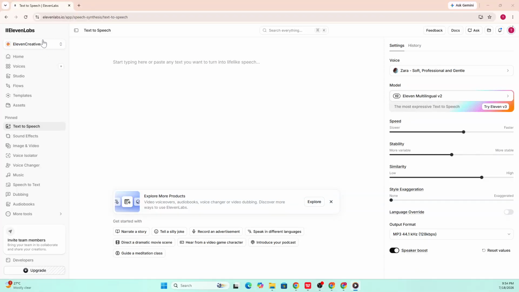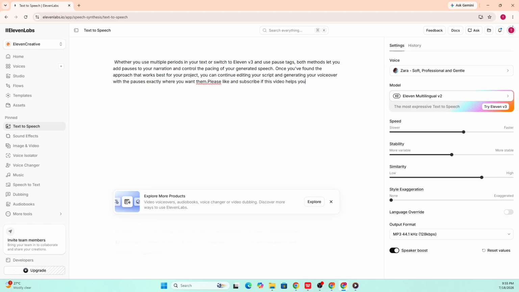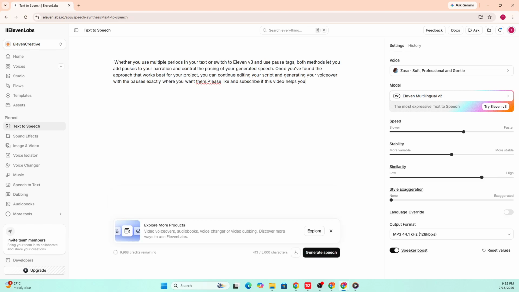In today's video, I will walk you through how to add pauses in ElevenLabs. If you're working on an ElevenLabs voiceover and want it to sound more natural, adding pauses is a simple way to improve the pacing of your audio. In this guide, I'll show you two different methods you can use to add pauses while generating speech, depending on